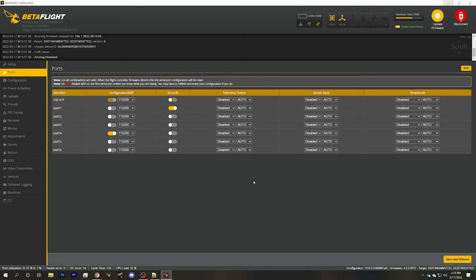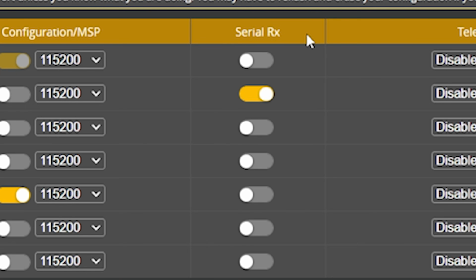And the place I like to start is Serial RX. Serial RX refers to your receiver. That's the thing that you bind to your controller, and it receives your stick movements and communicates them to the flight controller. There are different kinds of receivers: FrSky, FlySky, Spektrum, Futaba, Crossfire, Tracer, Ghost, ExpressLRS. I'm just rattling these off because I wanted to ring a bell with you if you've got